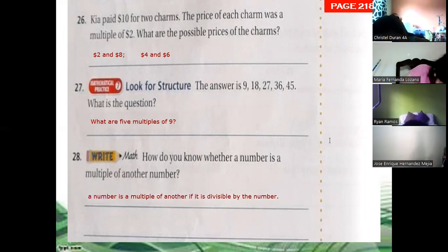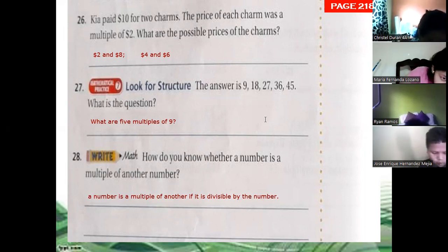Okay. One more. The last exercise says, for exercise 28,